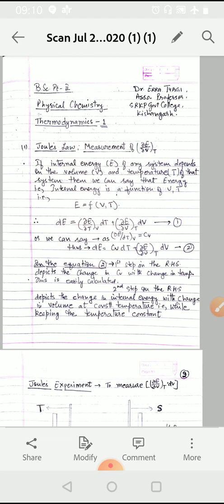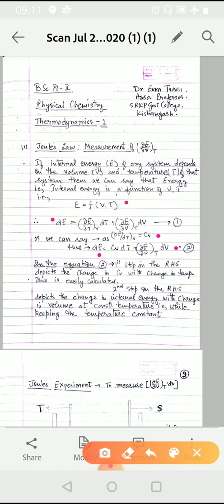If internal energy E of any system depends on the volume V and temperature T of that system, then we can say that internal energy is a function of volume and temperature. Therefore, dE is equal to (∂E/∂T)_V dT plus (∂E/∂V)_T dV, and we know that (∂E/∂T)_V is equal to Cv. So writing this value in equation 1, we get dE is equal to Cv dT plus